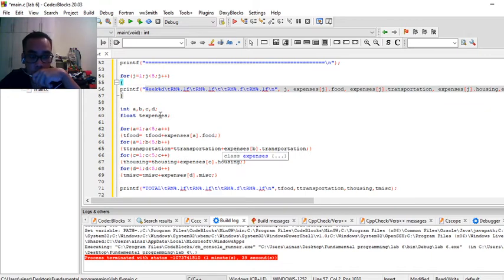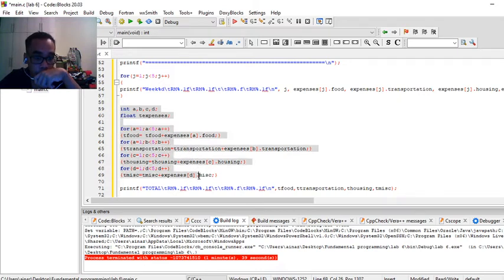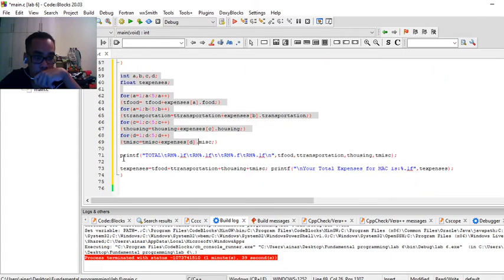And I declare again float expenses for food, transportation, housing and expenses. So it will calculate all and how much we can get. So let's say